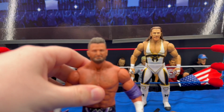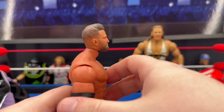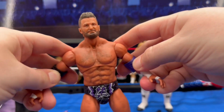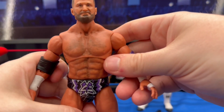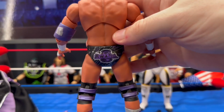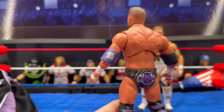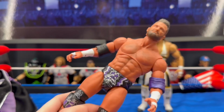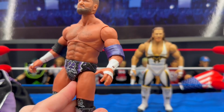So starting off at the head sculpt here, great likeness. I think this is a really, really good head sculpt. I think it looks awesome. The torso choice is great. We got the chest hair in there, looks really good. Like I said, the hot dog tan there going down, cool little homage to Razor Ramon there with the razors on this purple elbow pad, and then the regular black one with the MC logo, taped up wrist, taped up